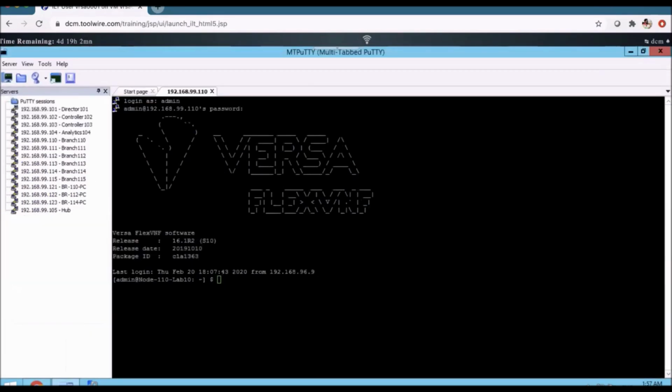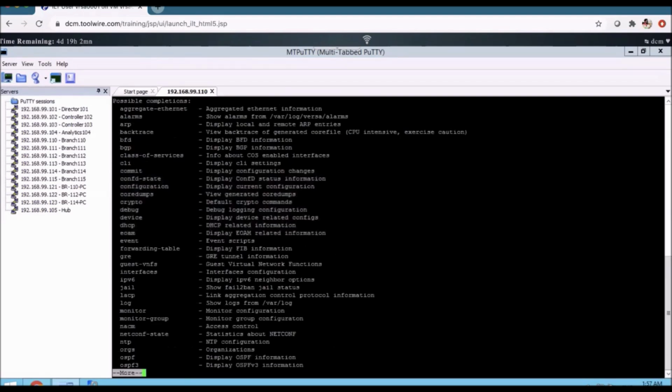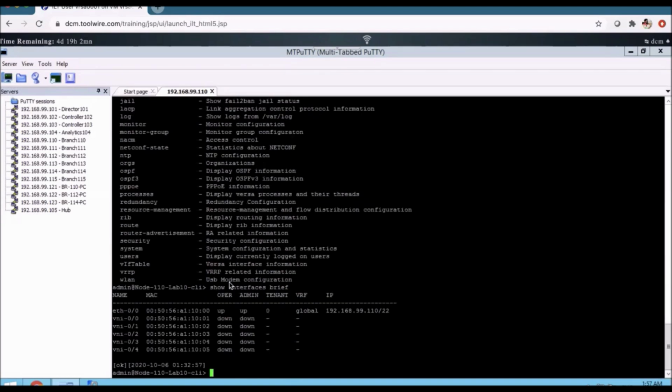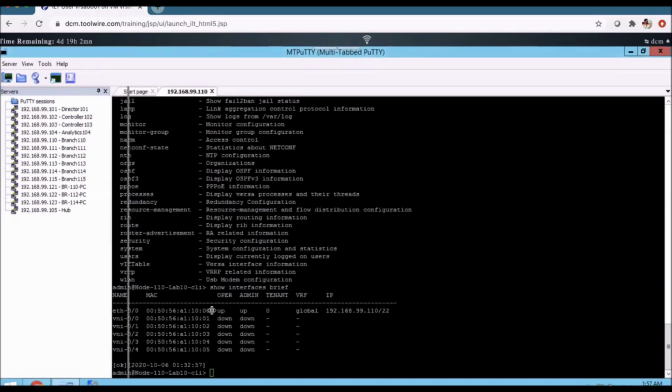Here it is the Unix mode, so you'll be working under the Unix mode. If you want to start the Versa CLI, I have to type the cli command. Then it shows the Versa CLI, and these Versa commands will be displayed. This is a simple command: if you want to see the list of interfaces, show interfaces brief is the command. If I look at show interfaces brief, there is no configuration available on all these interfaces. Only eth0 we have configured with a particular IP address.